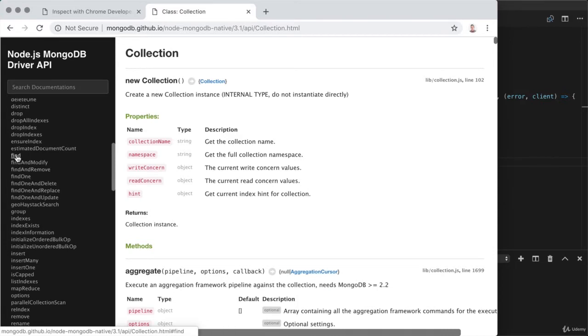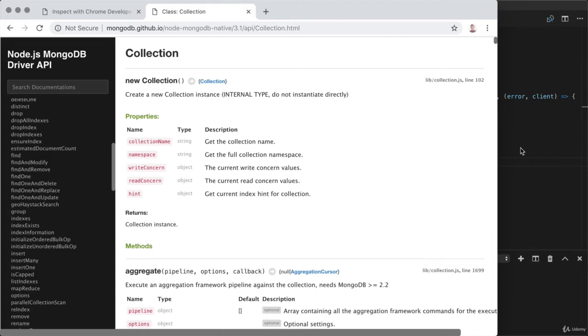Find is going to allow us to fetch multiple documents out of the database, such as people who are 27, and find one is going to allow us to fetch an individual document. Now, there are other methods that start with find, but those are all related to other things like find and modify for changing a document, or find and remove for removing a document, and we'll talk about updating and deleting data a bit later. For now, the focus is on find and find one.